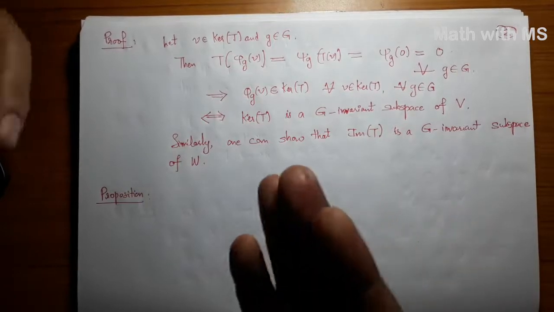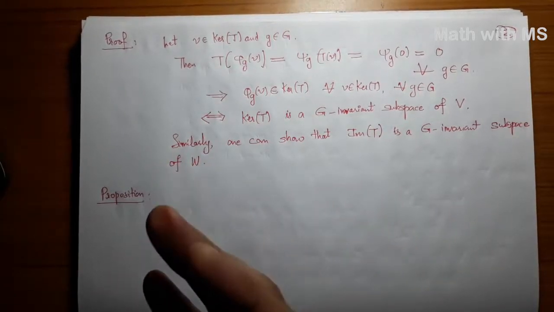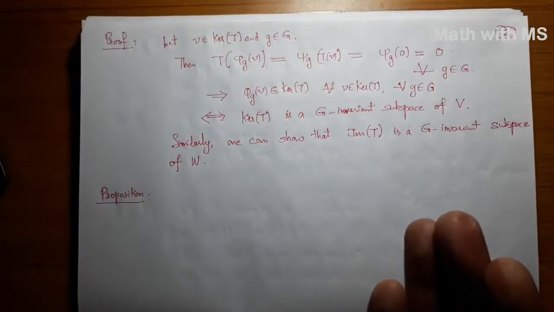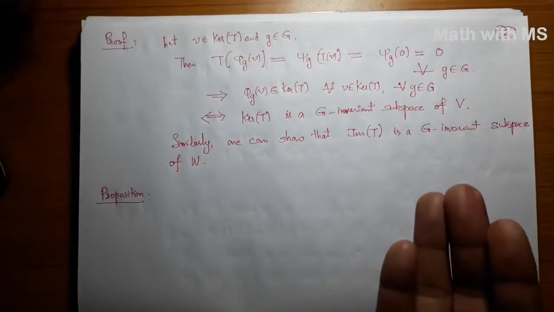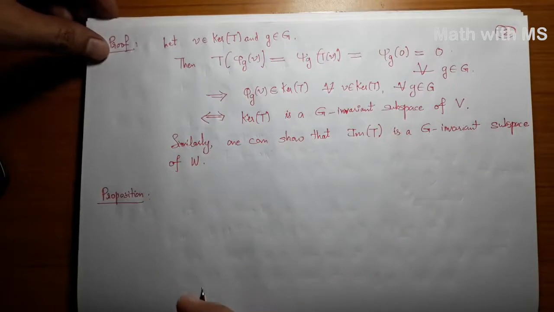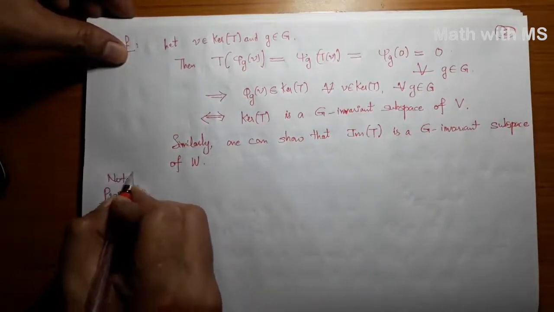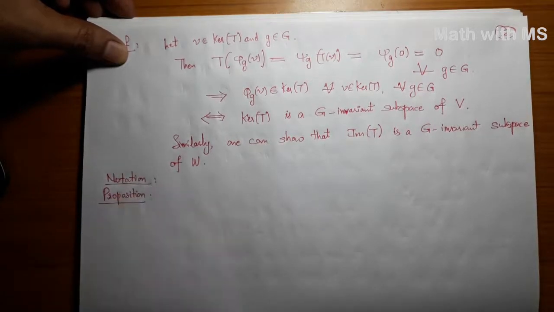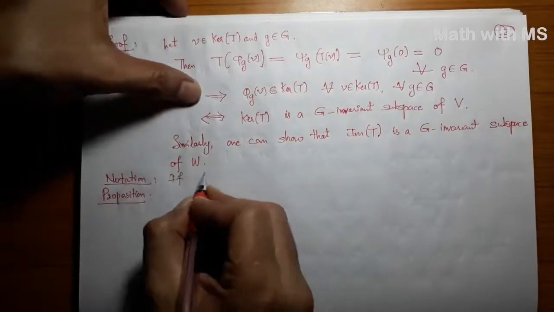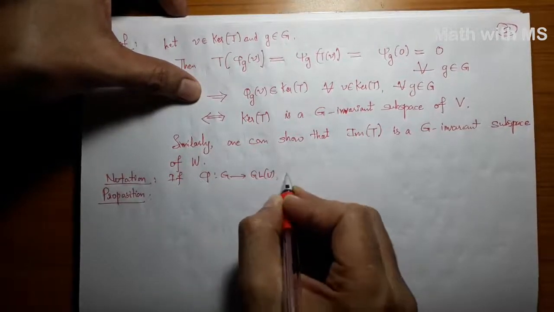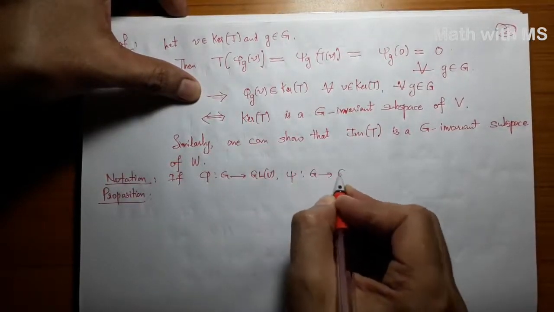So this is just a certain set, Hom(V, W), the space of linear transformations from V to W. It turns out that it is in fact a subspace. So before that, let us set some notation that will be useful later on. If you have two representations, phi from G to GL(V) and psi from G to GL(W),